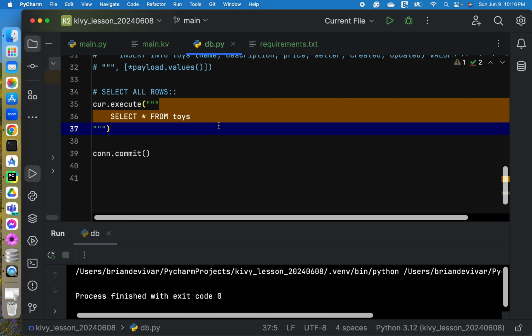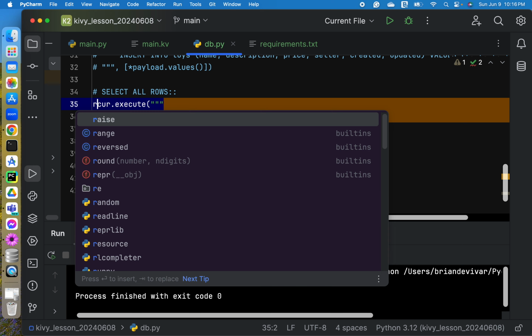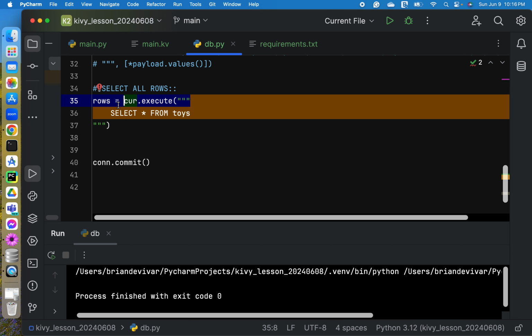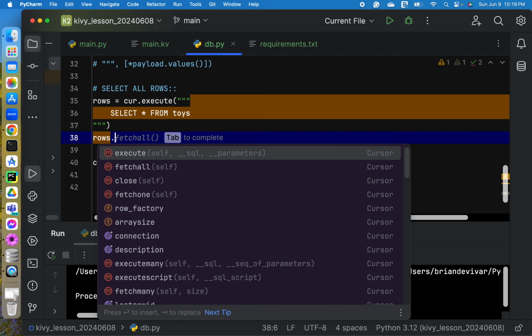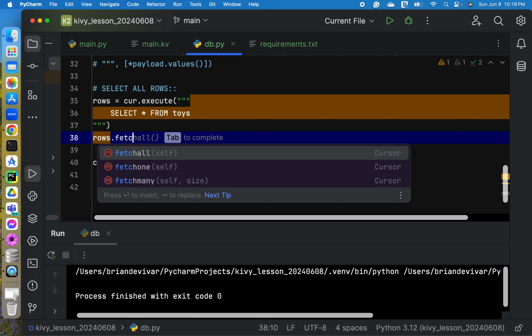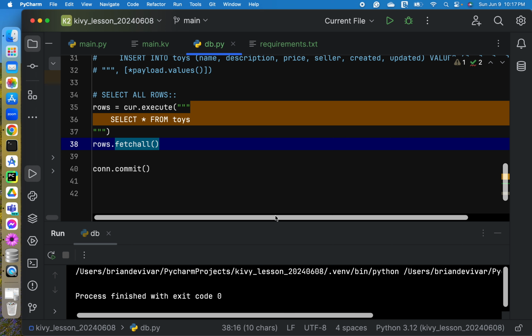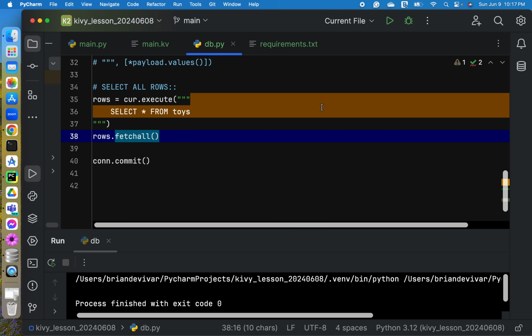And then let's save the value of this statement to our variable rows, and then rows we will call the fetch all. So basically this fetch all will be the one that will fetch and display the items in our table.